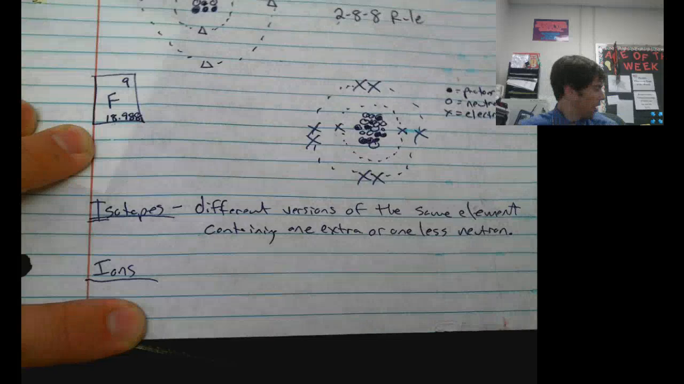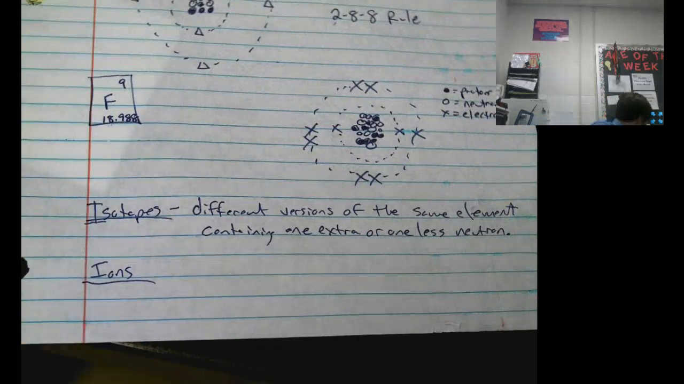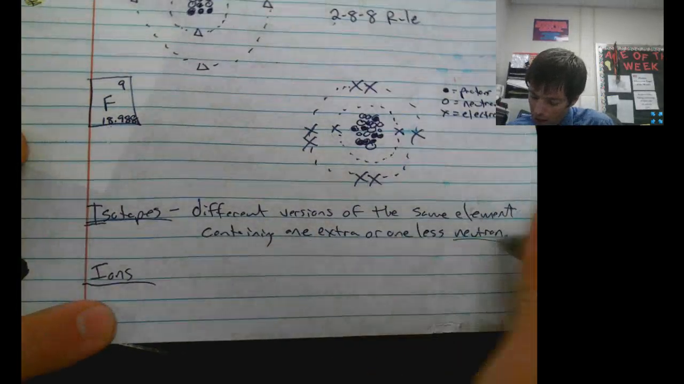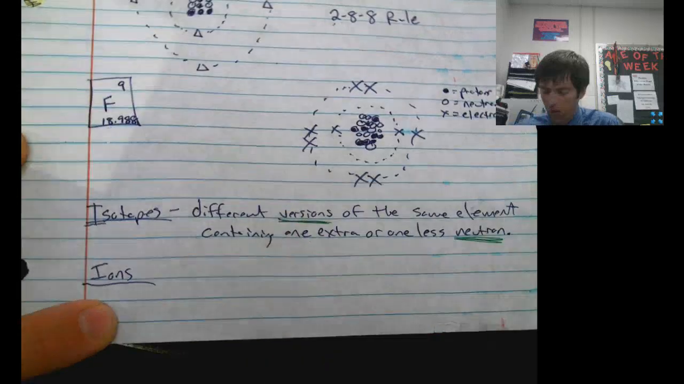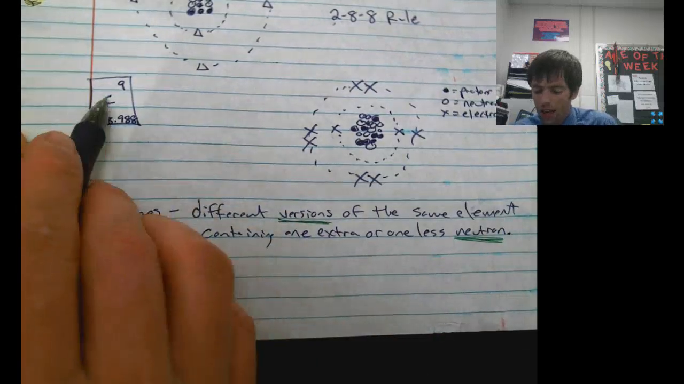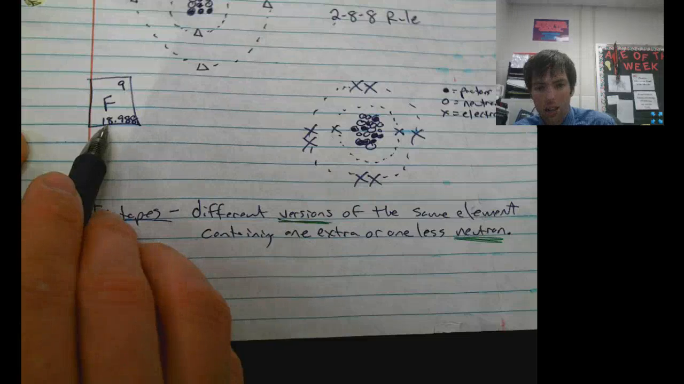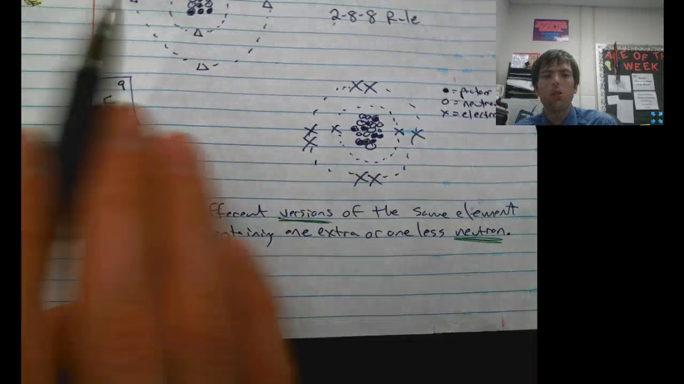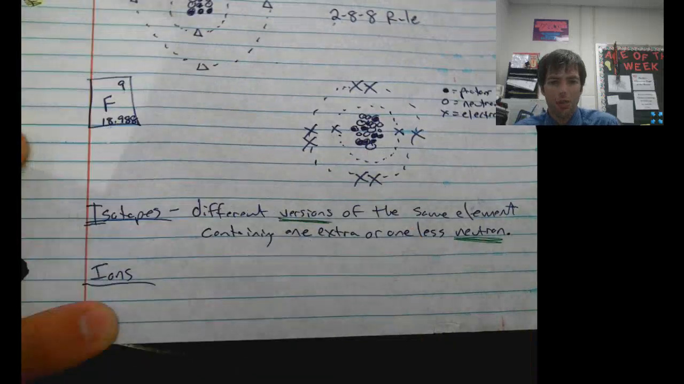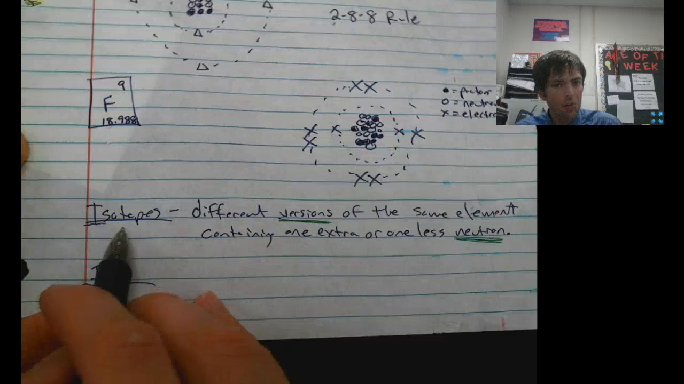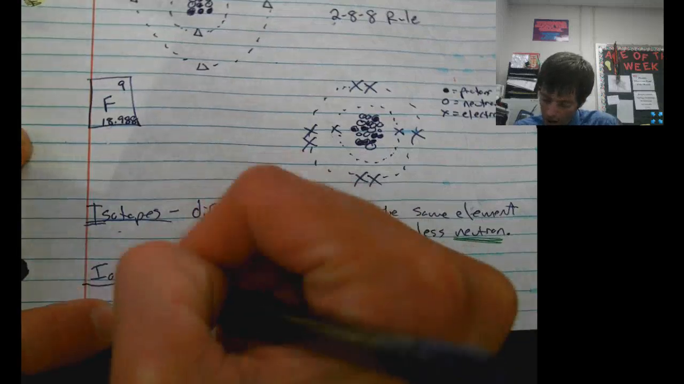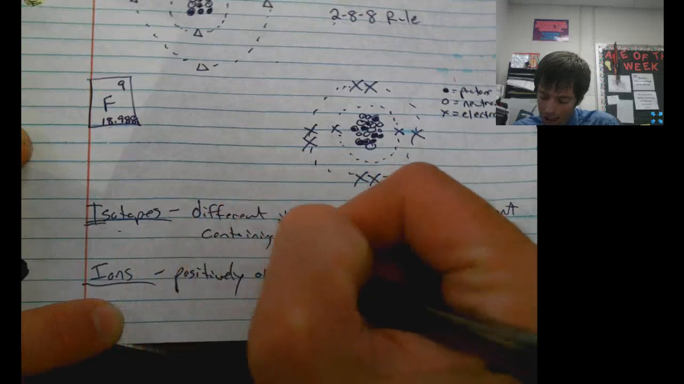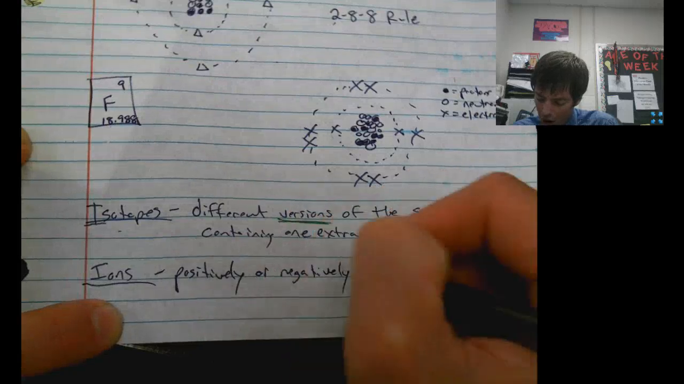If I can find my green color pencil, we're going to say neutron is the keyword and versions right here is the keyword. So fluorine may have 10 neutrons right here, or fluorine may just have 9 neutrons. There are 2 different versions of fluorine, 2 different isotopes. Now ions are different than isotopes. They're not versions. They are positively or negatively charged